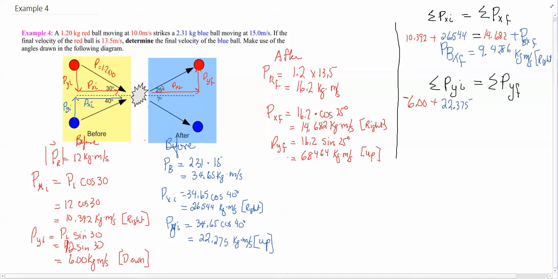It was 22.275, and that's equal to the final momentum of the red ball in the y direction, and that's 6.842464 plus the final momentum for the blue ball in the y direction. So again, we add those together and subtract,